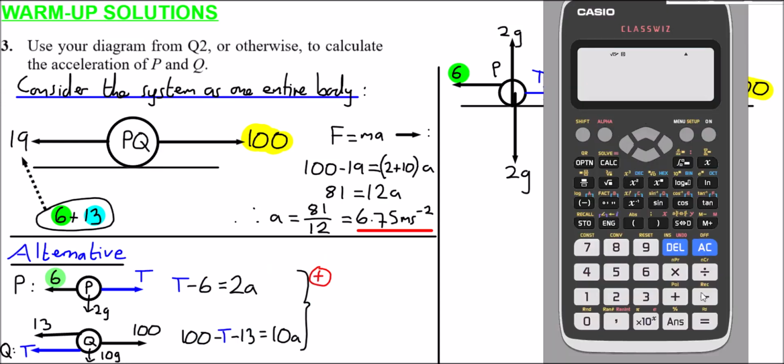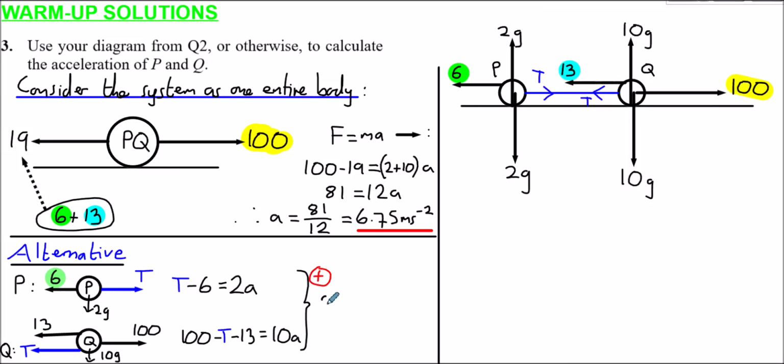Minus 6 plus 100 minus 13 gives us 81. So I have 81, and adding together the right hand side, we've got 2 plus 10, which is 12. So we've got exactly what we had before. So in exactly the same way at this stage, we'd also get that A equals 6.75